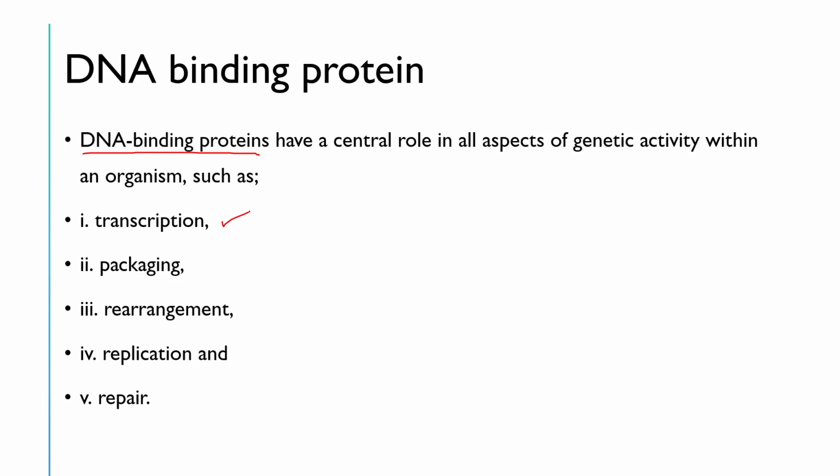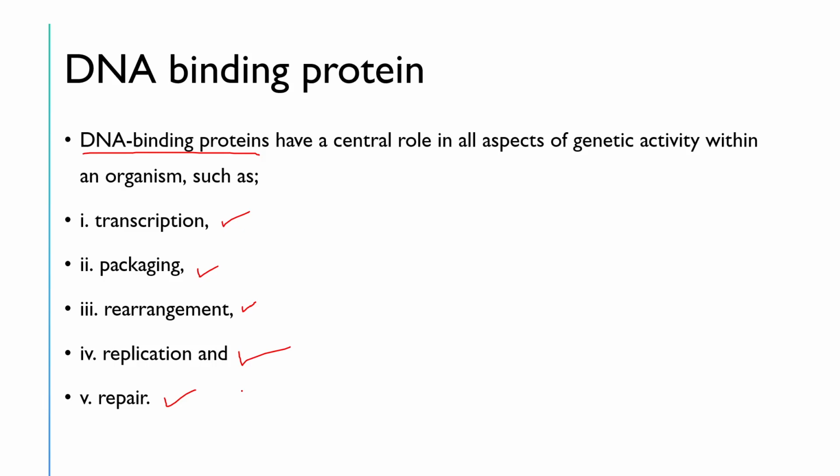So here we also know that a number of proteins are engaged in the transcription process. So these are DNA binding proteins. They also help in packaging, like RNA splicing or other packaging systems. Rearrangement, that means genetic rearrangement. Replication, you all know, DNA replication, formation of a new DNA strand from the respective template strands. And repair, we have discussed a lot about DNA damage and repair, how it can be repaired by a number of proteins or enzymes. Okay, so that is how DNA binding proteins help us in transcription, packaging, rearrangement,